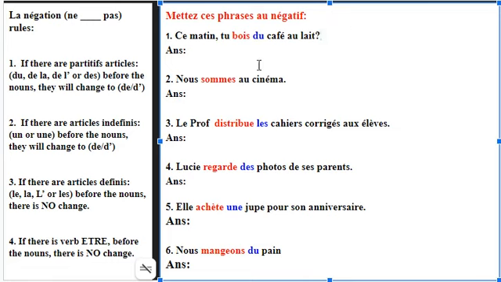In each of these sentences here, I have highlighted the verbs because the first rule in negation is to find out the verb in a sentence. I have put the verbs in red. Then the partitive articles, definite articles, indefinite articles, I have put in blue, so that in each sentence we should be able to look carefully at these rules and apply them accordingly. So the first sentence is: ce matin,